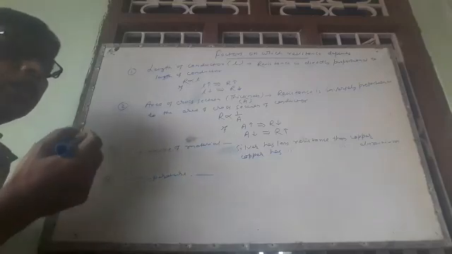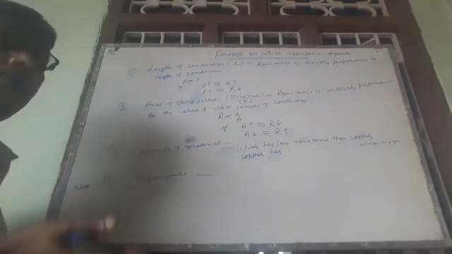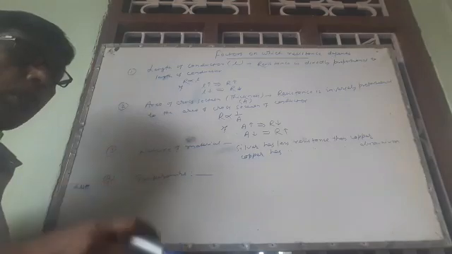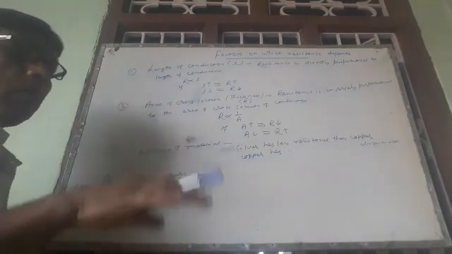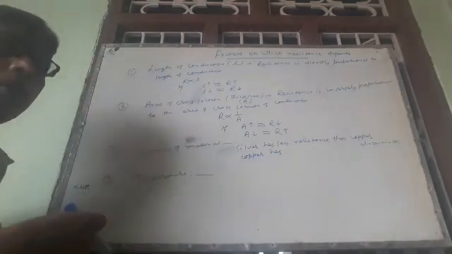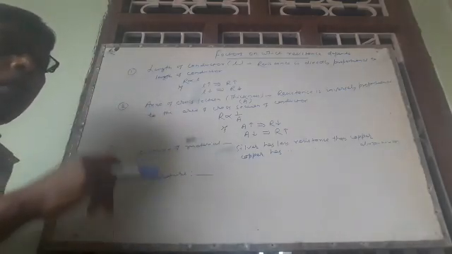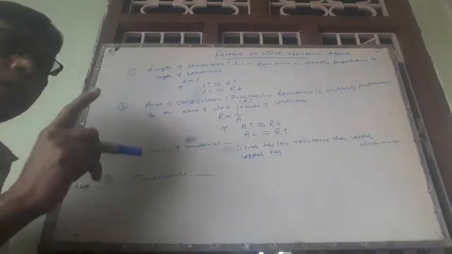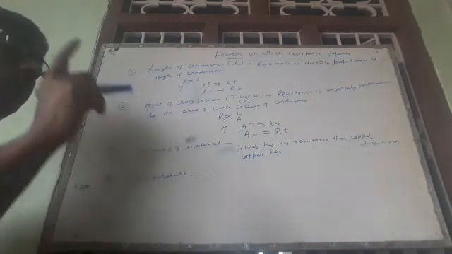This is directly proportional. You know from class 8 mathematics, directly means if one quantity increases, another quantity also increases. If one quantity decreases, the other quantity also decreases. This means if we have a longer wire and a shorter wire of the same thickness, the longer wire has more resistance than the shorter wire. So this is the first factor.